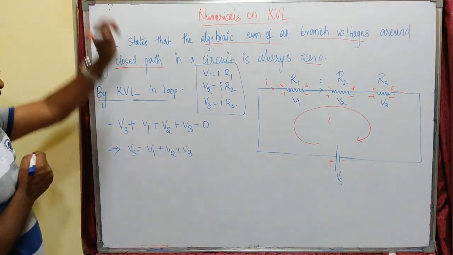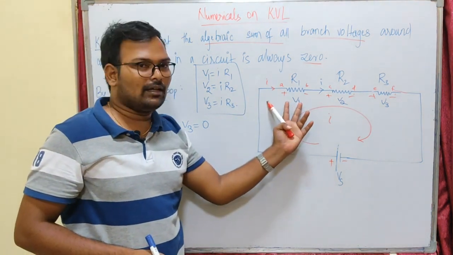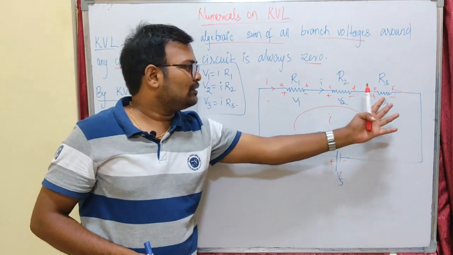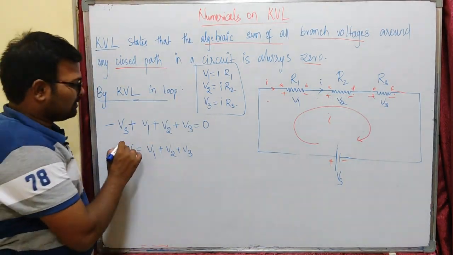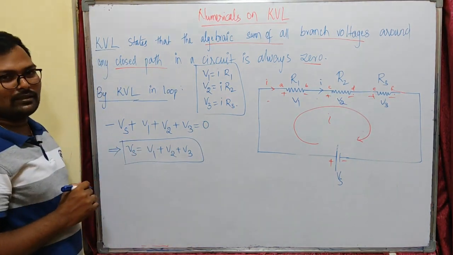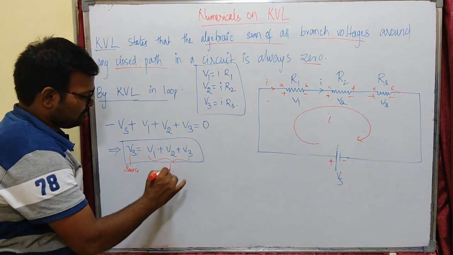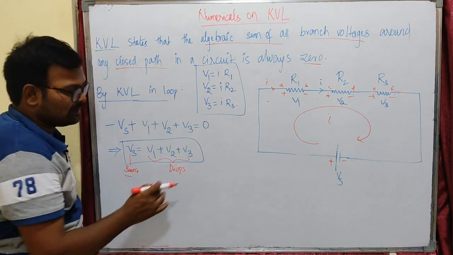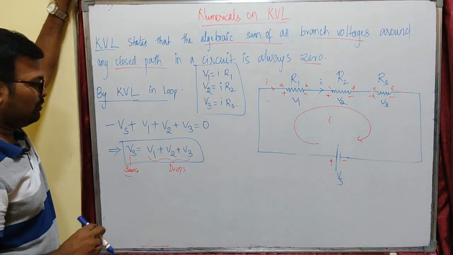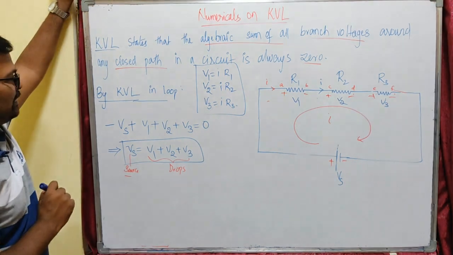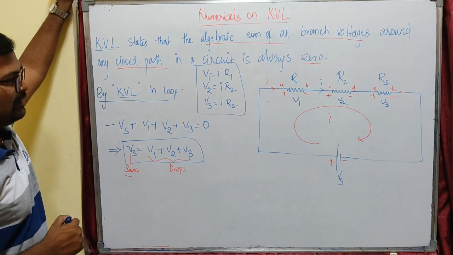So you can understand from here that the source voltage equals the drop voltages. V1 is the drop across resistor R1, V2 is the drop across resistor R2, and V3 is the drop across resistor R3. Here the source is supplying those drops. That is what it means. Source voltage should be equal to the drops voltage. That is what KVL means. So this is the source voltage, and all these are drops. The source voltage is supplying these drops, because the voltage that appears across a resistor should be supplied by a source voltage. That is the idea of KVL. Source voltage should be equal to drops voltage. So this is about writing the KVL expression.